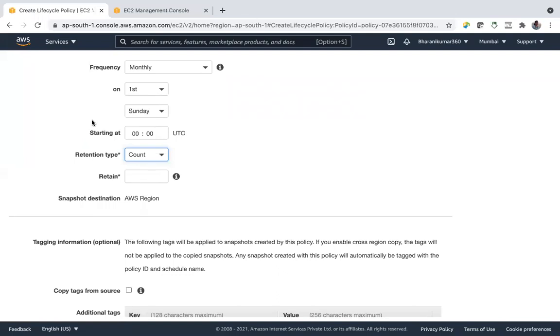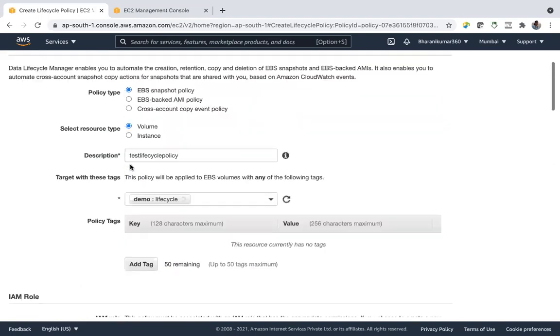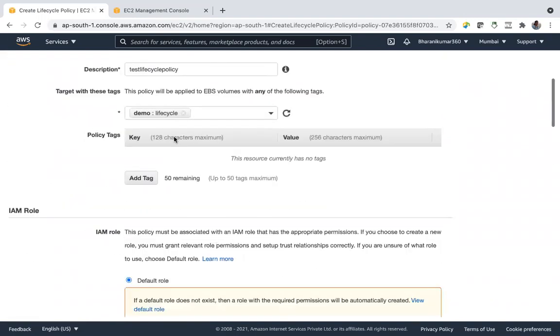So you are choosing a retention type. Let's go for count. When the count reaches a maximum of 4, for example, then your lifecycle policy should stop taking backups.